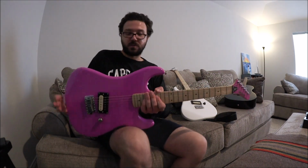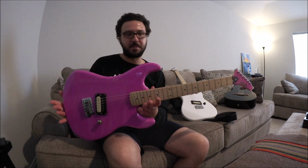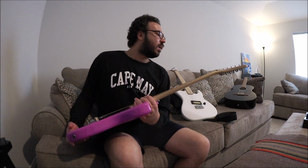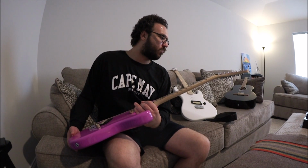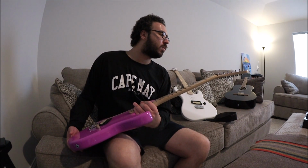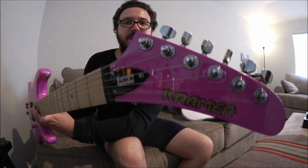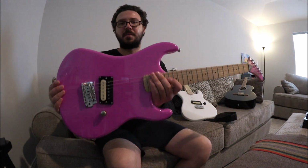So, you know, still a monster of a guitar for cheap. I mean, mahogany body, maple neck, a hot Alnico 5. Still has the same silkscreen logo on it with the gold, and it still has the same truss cover as the other one with the sort of Explorer style headstock. But this guitar